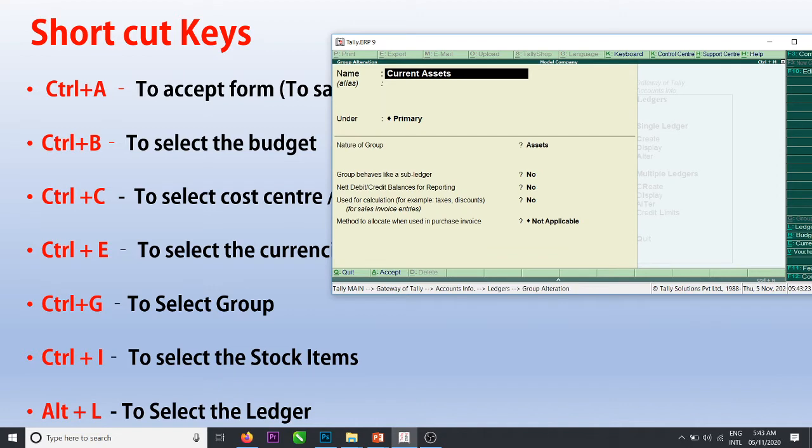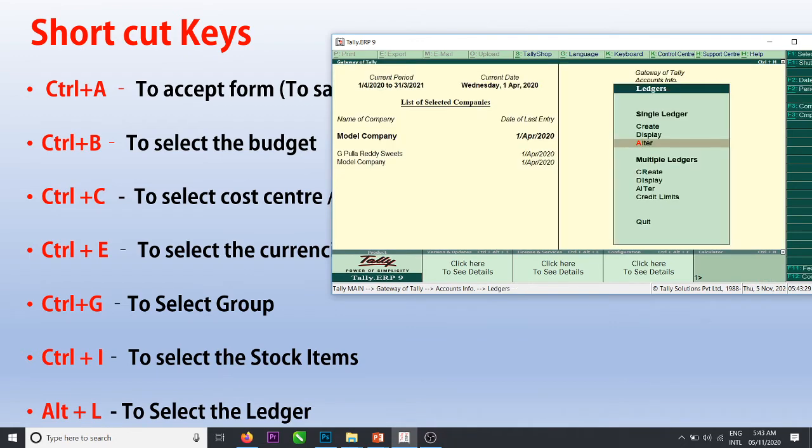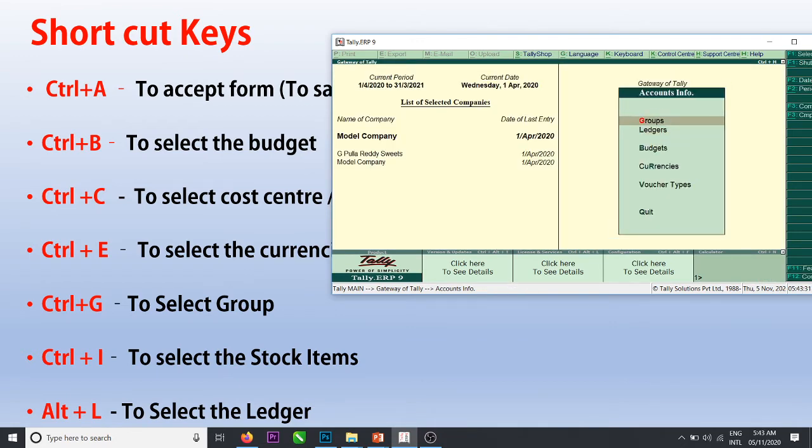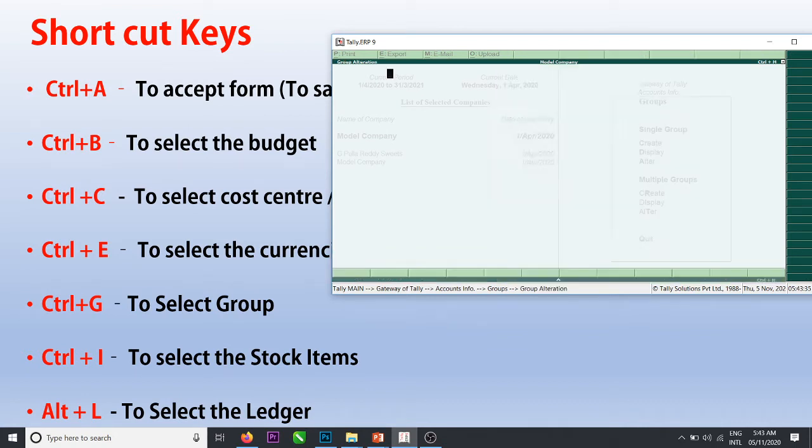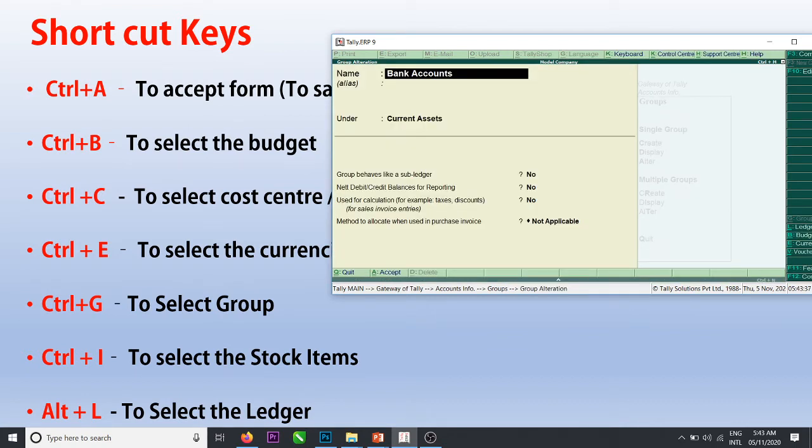Current assets. Like that. Then I am at groups. Alter is there. Bank accounts is there. I am at the bank account group. This is Control, not Alt.